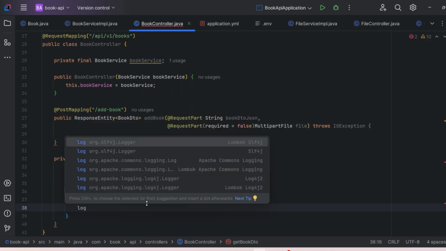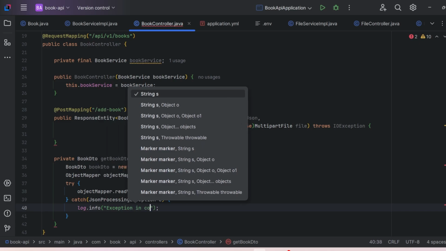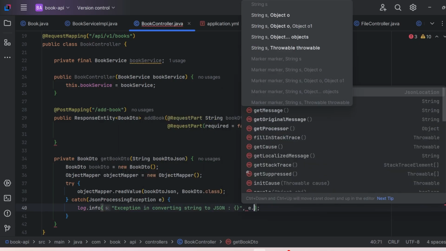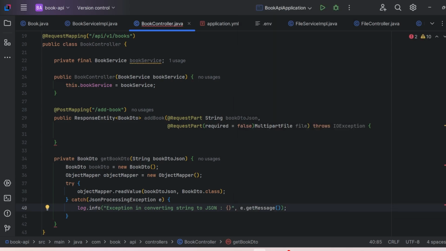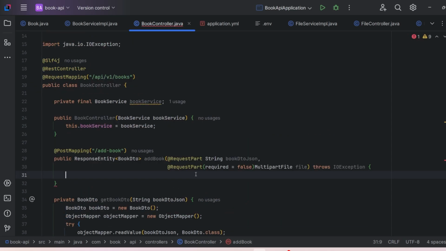So we will use SLF4J. SLF4J.info, "Exception in converting string to JSON", e.getMessage(), and we will just return the BookDTO object. So we have written a method to convert a JSON in the string format to a Java object. Now before we call the method which adds the book, we first have to check whether